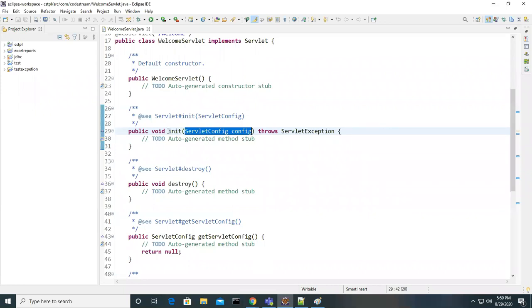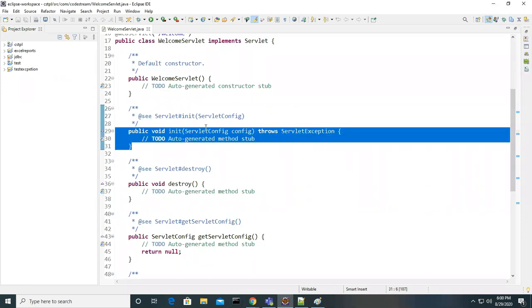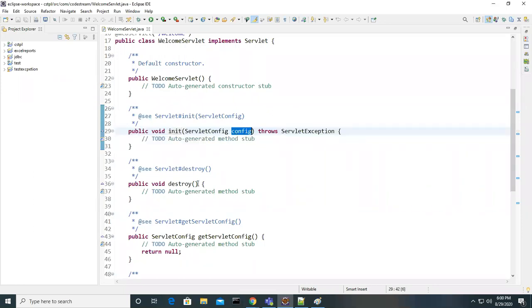Then it calls the init method. So whenever it calls init, it has first created the config object holding the data and passed it. This is what happens the first time.